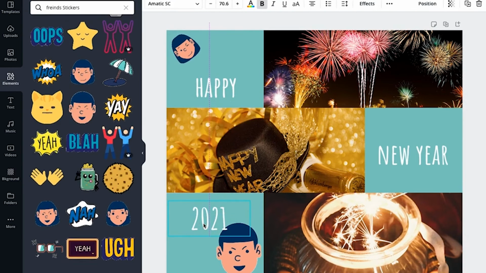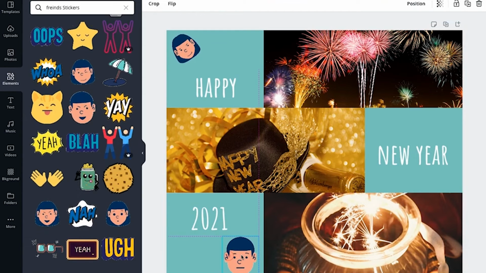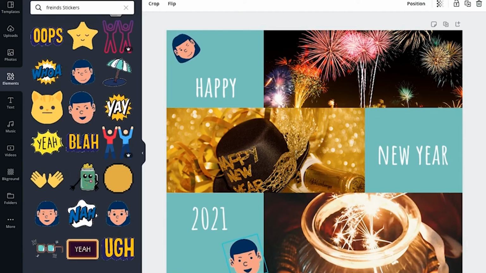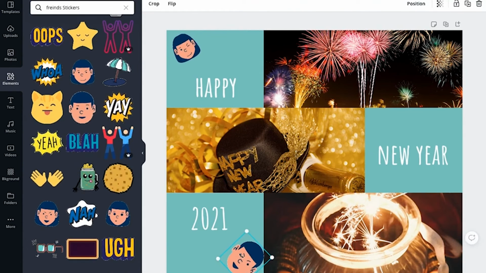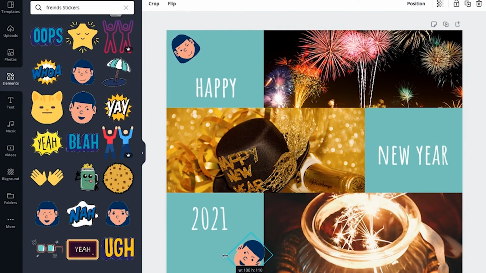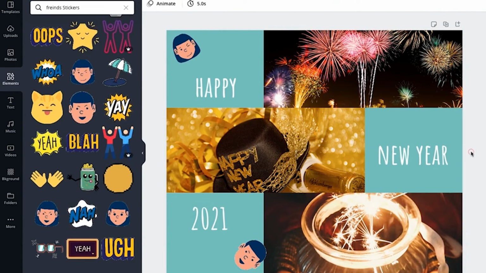I have to resize my text as well. Just resize it a bit so it doesn't look too big. Now I can also tilt this a bit. Let us say since I have tilted that one this way, let me just tilt this one and again resize it. Okay, let me just click out of the box and see how it looks. Okay, probably I would like to add a few other stickers as well.